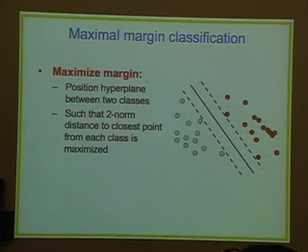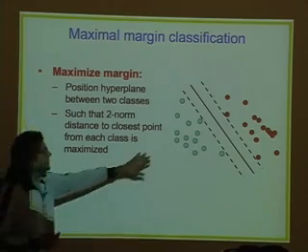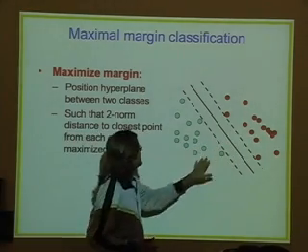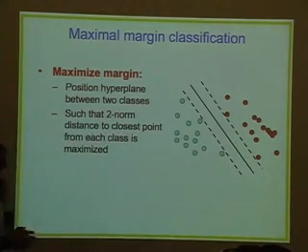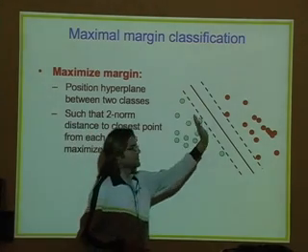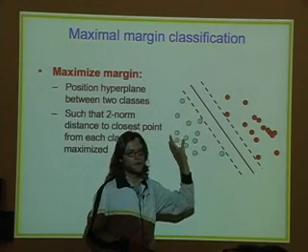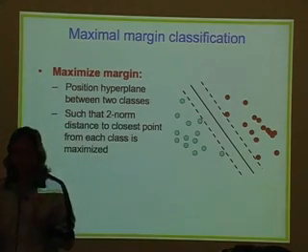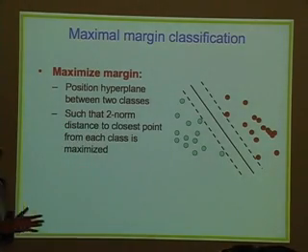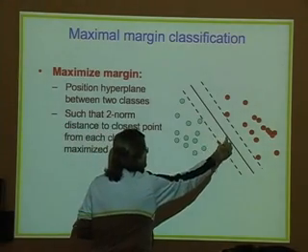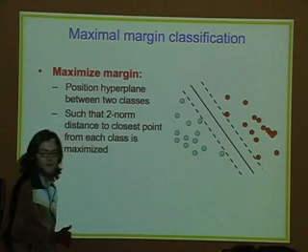So one specific algorithm known as support vector machines or maximal margin classifiers will now position this margin in such a way between the two classes, the -1 class and the +1 class, such that the distance, or the two-norm distance, to the closest point from each class is maximized. There are obviously different ways that you can position this hyperplane, but this is a very specific algorithm that will try to do it in such a way that the margin between the two classes is maximized. So basically, this distance here is to be maximized.